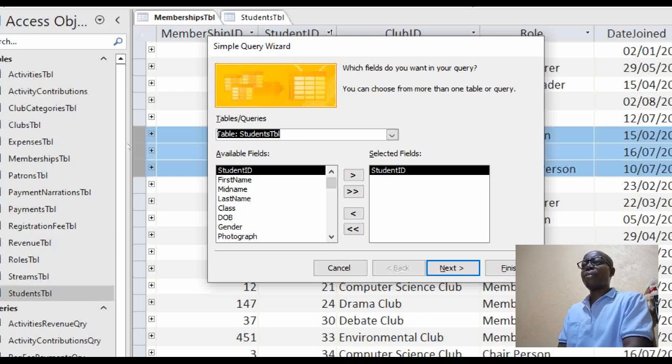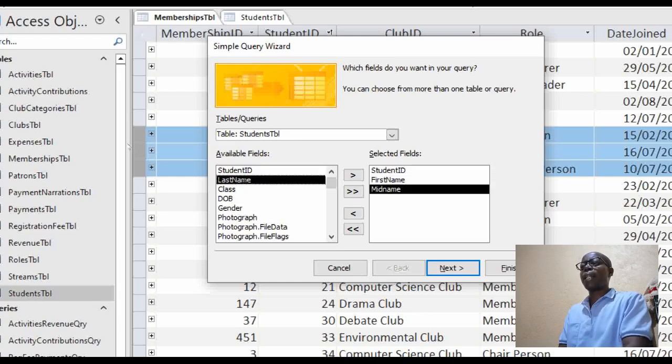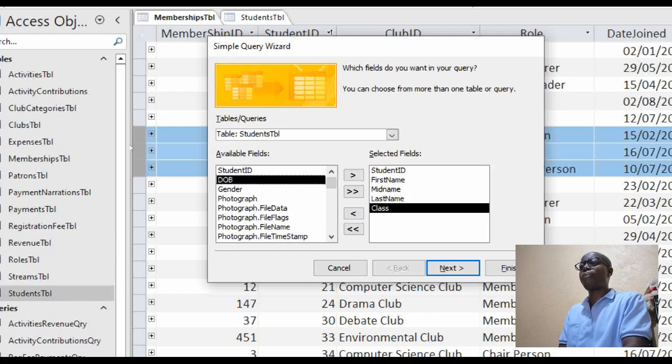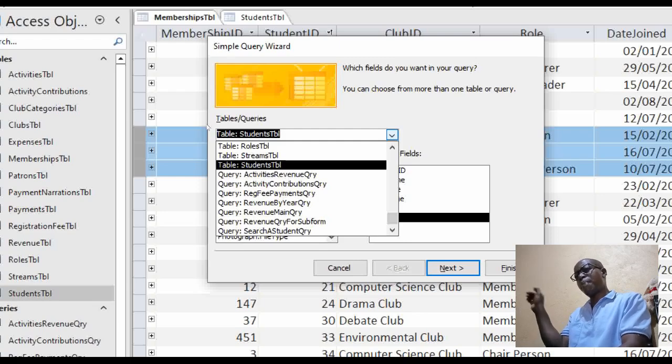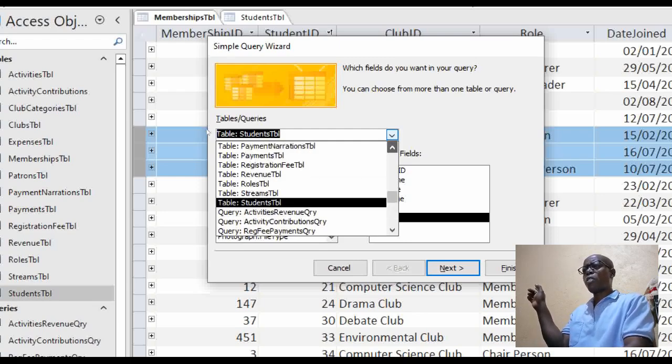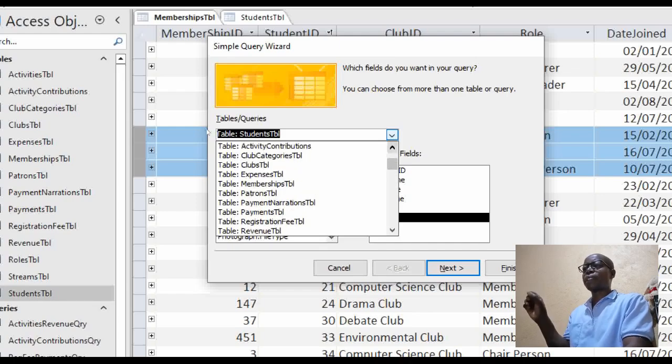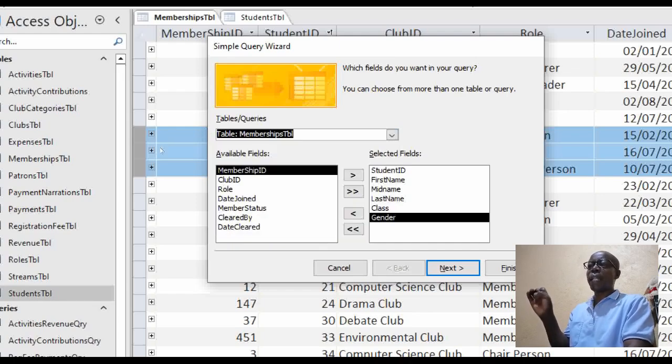Now put in the first name, middle name, class, last name. What else is also important? Probably gender. I may not require so much from that table. So I want to go back again to the Memberships table. There you are. I've already chosen student ID.